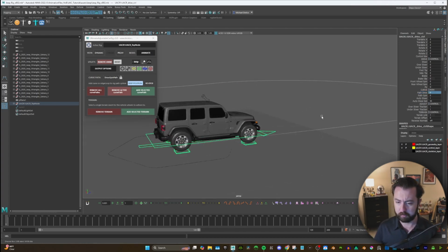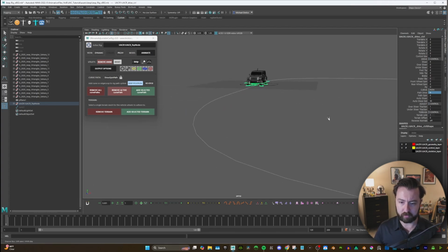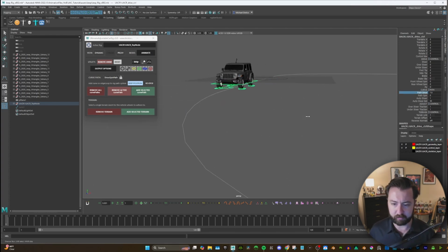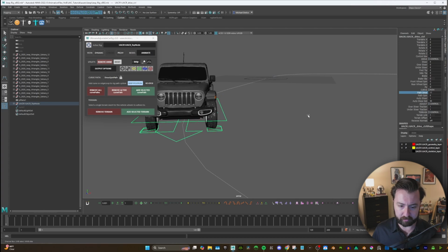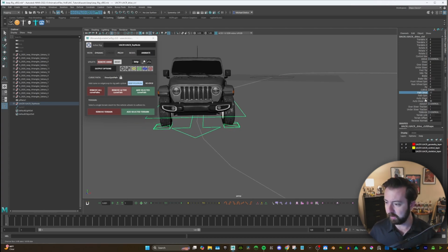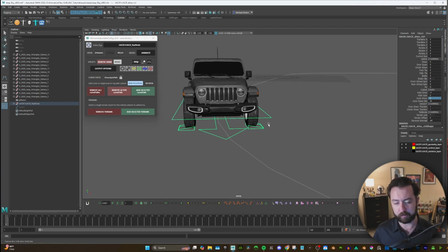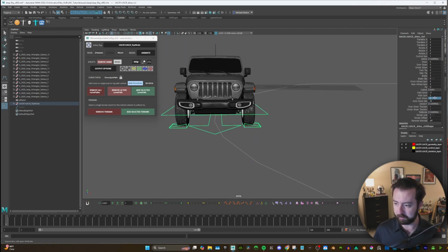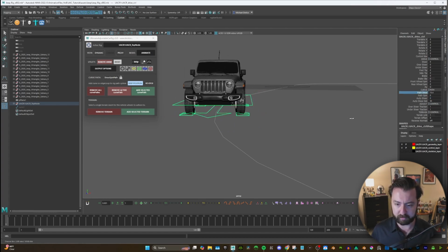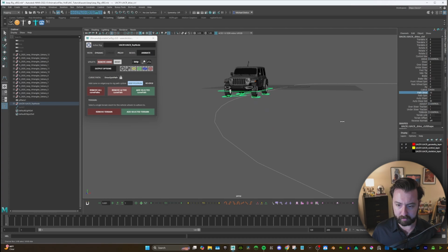Now it's fun though, if you see here, as I do my drive, it is turning the wheels. This is called auto steer. So if we go to 0, it goes straight and it turns it off. We can also do a number more than 1. That way it kind of multiplies it a little bit. So if I go back, and you'll see it's actually turning before we actually turn, which is how you would